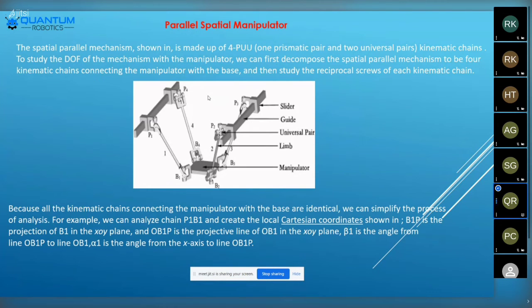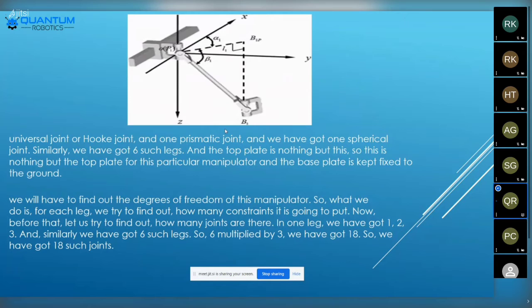If we give the twisting process, we have a universal joint to give any type of rotation, and it makes the most accurate productivity point to point. Here you can also see the point to point differentiation will be added, and the universal joint and the hook joint. The universal joint is called a hook joint, as you already know. And the prismatic joint will be added, and we have one spherical joint.